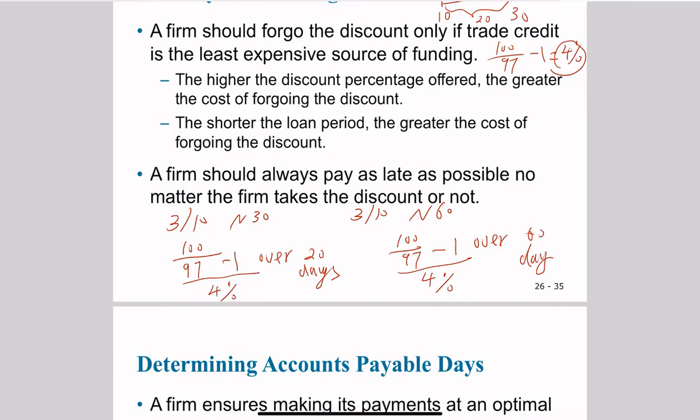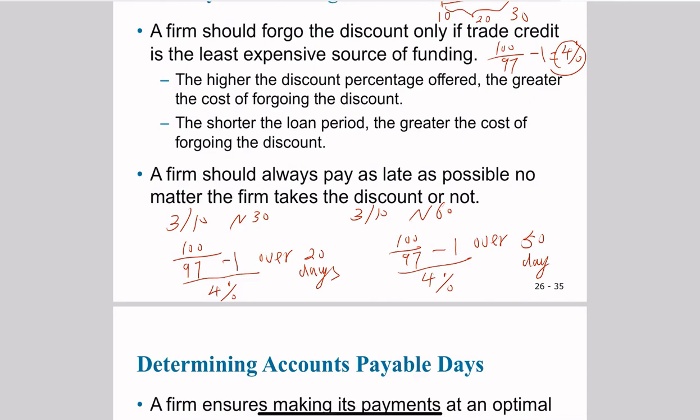In the second case, I should not use 60 days. I should use 50 days because 50 equals 60 minus 10, right? So in the first case, you're paying 4% over 20 days. In the second case, you're paying 4% over 50 days. So clearly, the cost of foregoing the discount is larger in the first case with a shorter loan period, because in the first case, the loan period is only 20 days, and in the second case, you have 50 days,